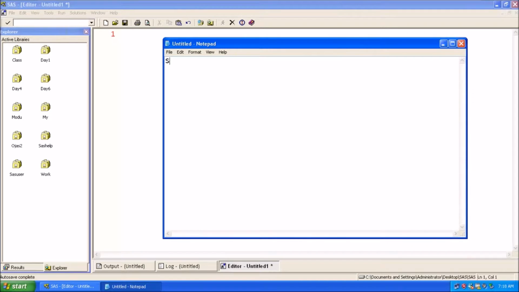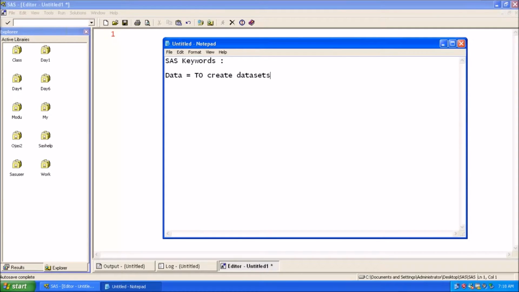We are going to talk about SAS keywords. So simply I'll write data as a keyword. So what does it mean? When we say data, which we use to write in a programming window, it means we are going to create something. So it means we can represent to create